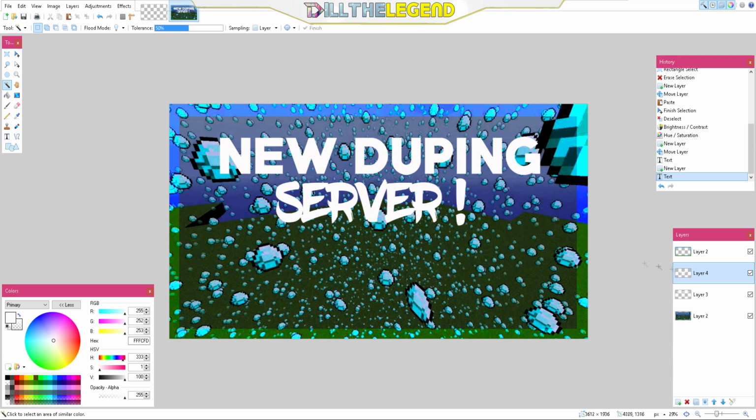So now what you're going to do, guys, is you can just merge that down right there. Hold shift. Alright, so get out your magic wand, hold shift, and click on the text. It'll select everything that's white on that layer, which the only stuff white on that layer is this text. Make sure you're only on the text layer. Now what we're going to do is we're going to get out a gradient, guys. You're going to get a little dark shade right here, a little light shade, make the secondary color white, and